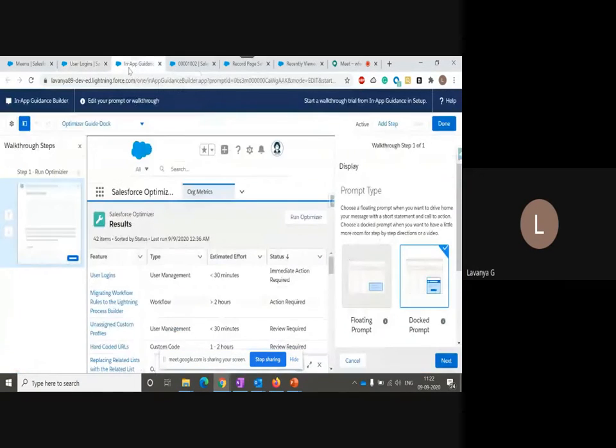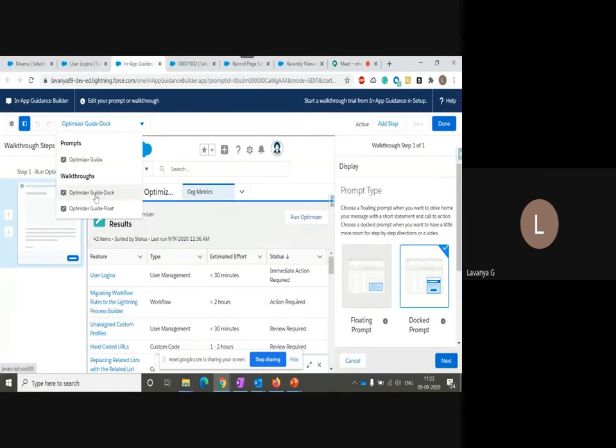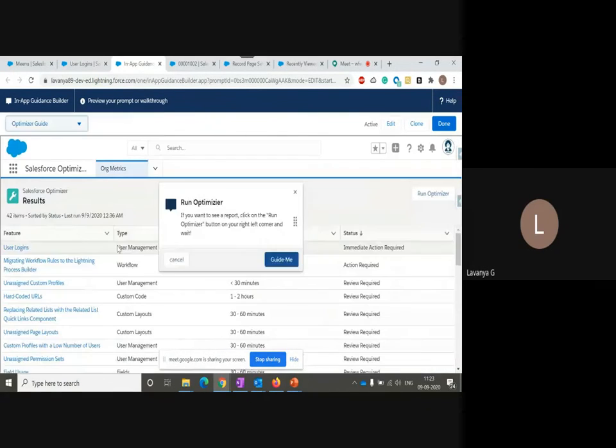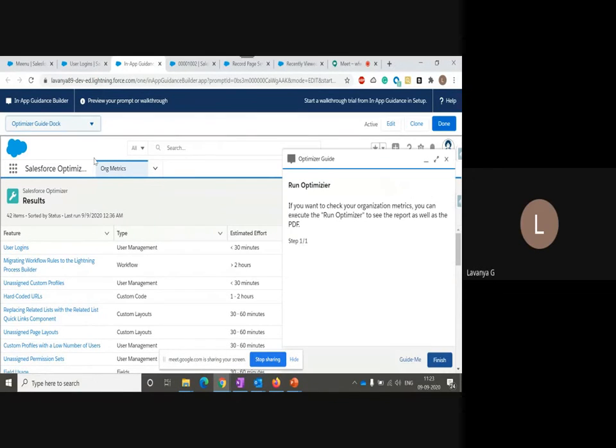Then the next one is in-app guidance. I want to show this. So this is just the single prompt. See, I have noticed this one. And this is the doc prompt.